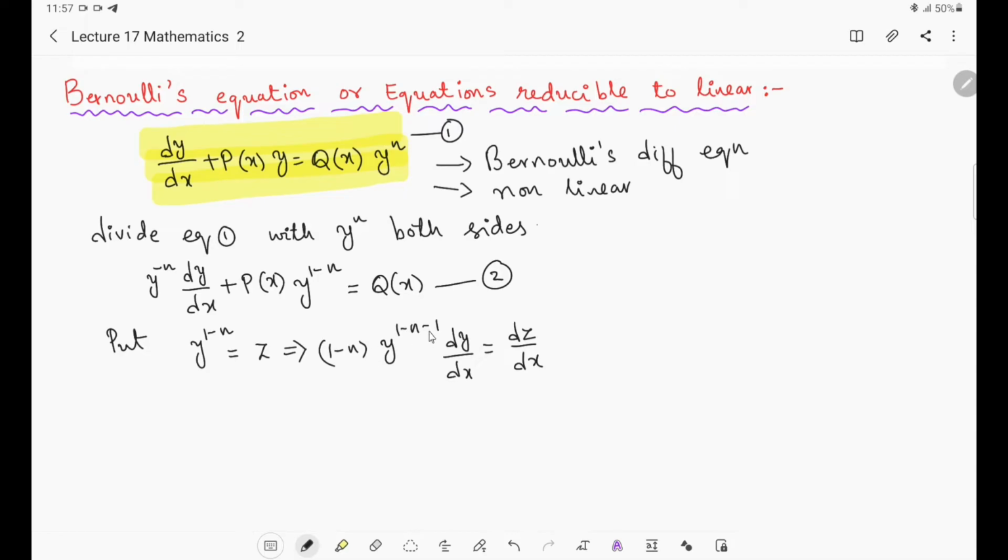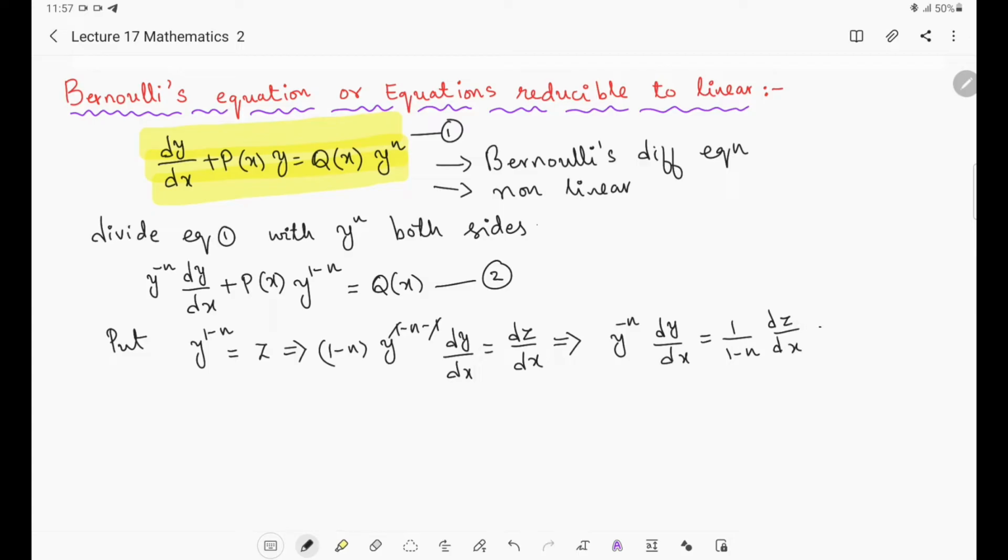Then this 1 and minus 1 will get cancelled. So, what will remain further? Y power minus n dy by dx is equal to, see here y power minus n into dy by dx equal to this 1 minus n I will bring here, then 1 by 1 minus n into dz by